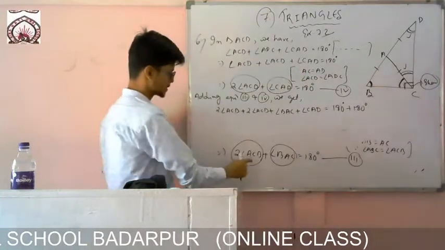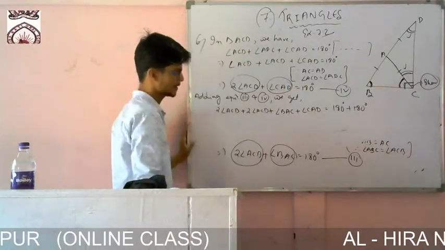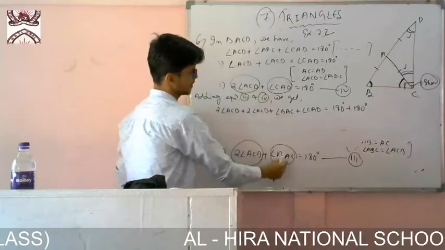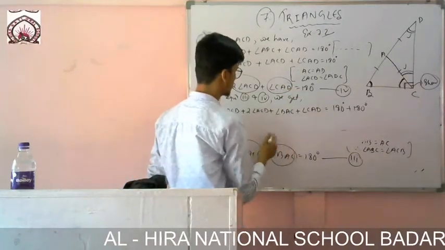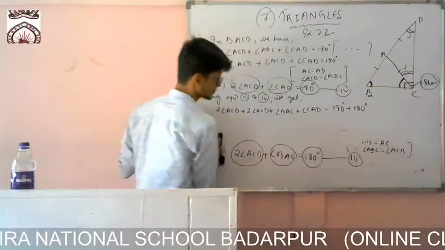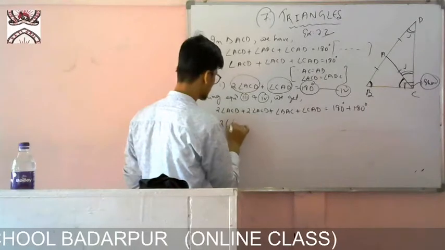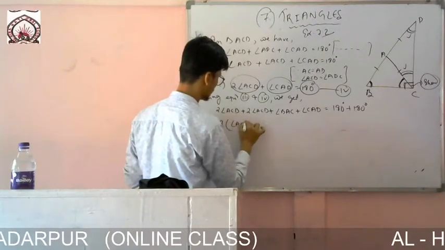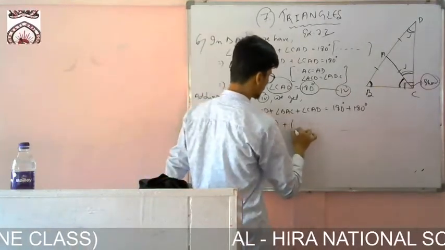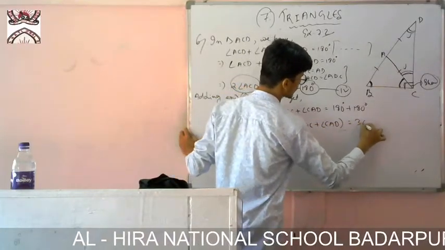Is it okay? First of all I have written this one, then all are plus. So if you want you can write this line, then you write that line, but again need to arrange. So I have written directly twice ACB plus twice ACD plus angle BAC plus angle CAD, and 180 plus 180. Okay. So now for this 2 is common, so twice angle ACB plus angle ACD. And let me take this two angle also, BAC plus angle CAD equals to 360 degree.